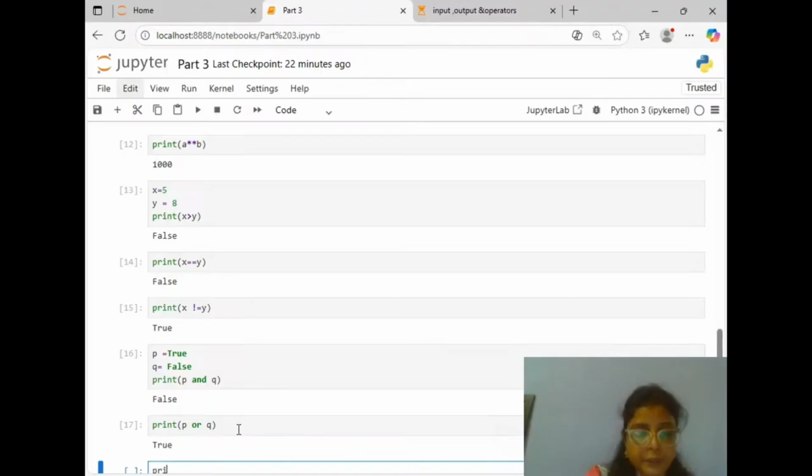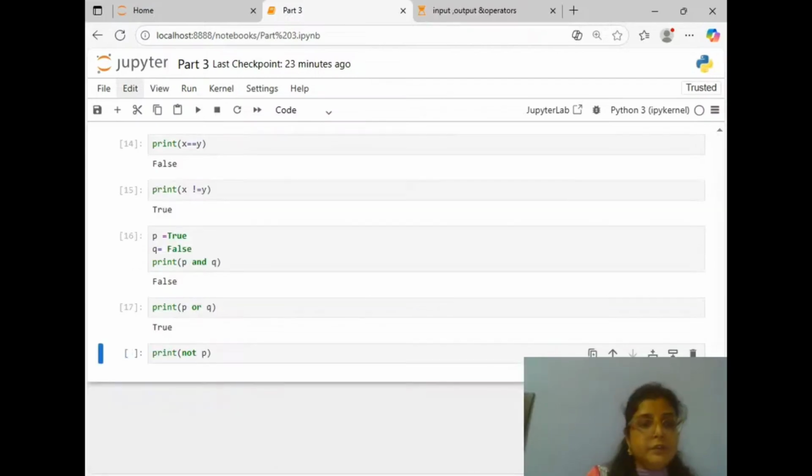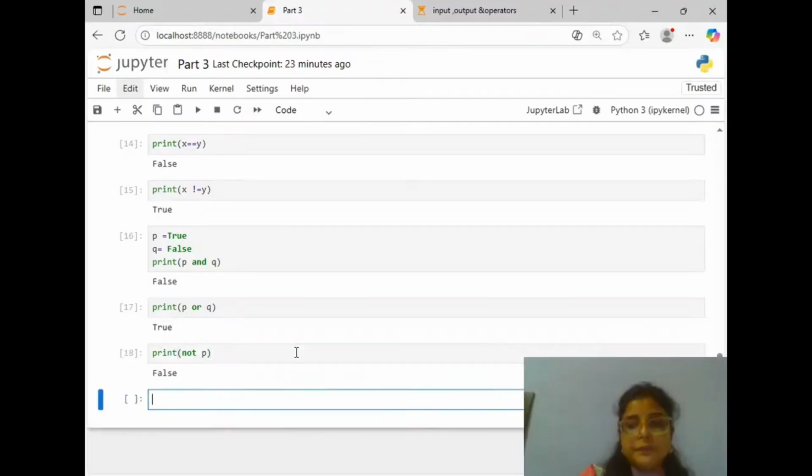Now print, here we are using the not operator. Not P. So here the value of P is true, so not P is false. So we will run this. It shows me false. So like this you can use the logical operators.